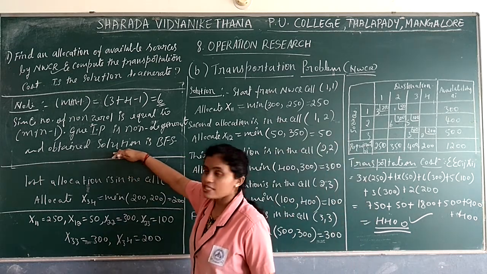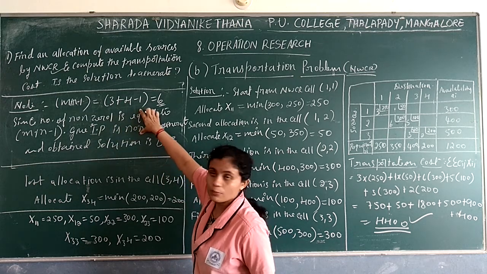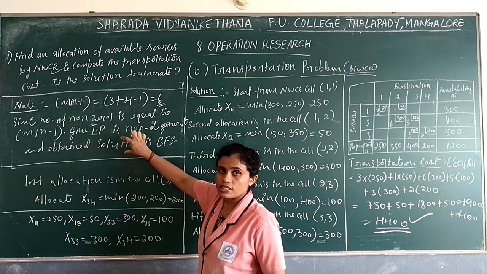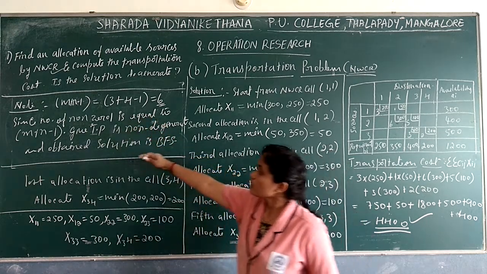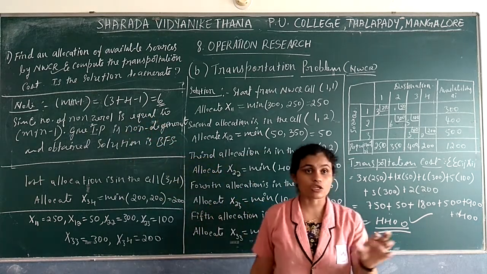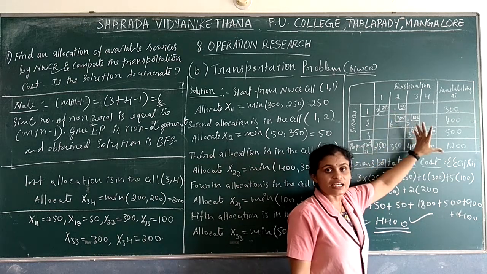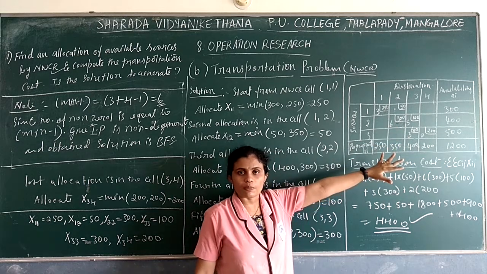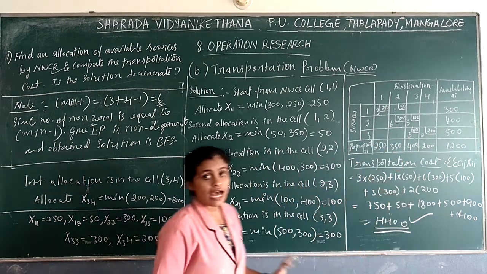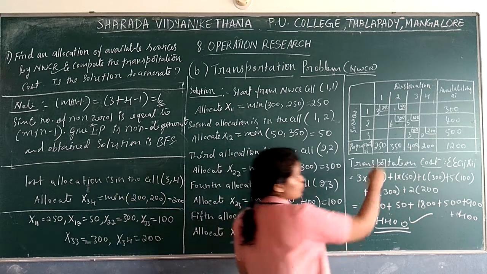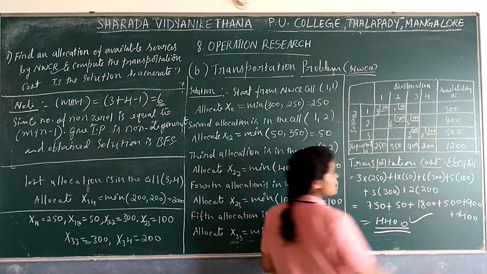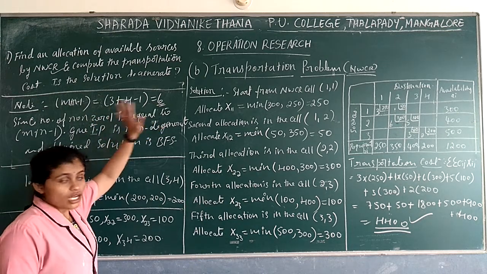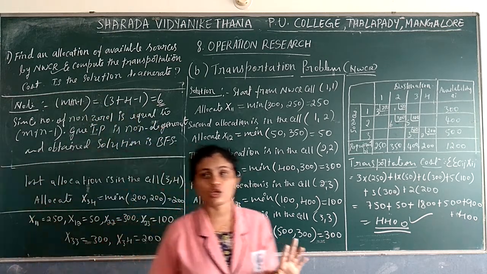It's better to write this sentence first, then we can come to this. That also we can do. If you see a textbook, they have given this sentence in the beginning. Now, the obtained solution is a basic feasible solution. As I said, it satisfies three conditions, that it satisfies the given availability and requirement. So it's a basic feasible solution. And here the number of non-zero allocations, 1, 2, 3, 4, 5, 6, are equal to m plus n minus 1. So the given transportation problem is not degenerate.